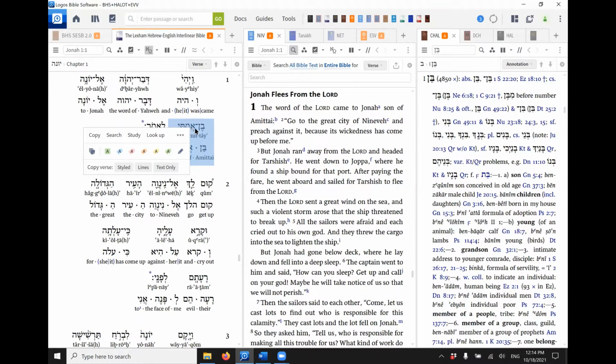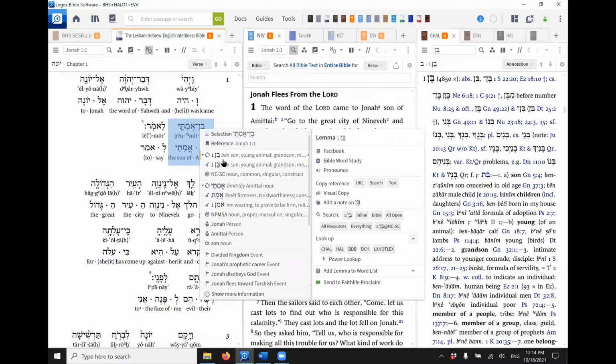Well, what if I want to look up what an Amittai is? I'm going to right click, and it's dividing it out here. And we have Ben and Amittai. And then